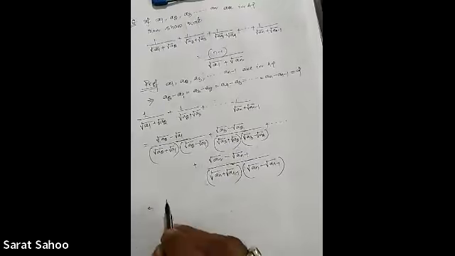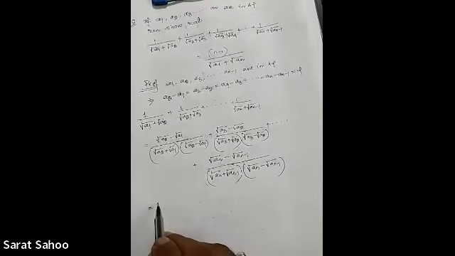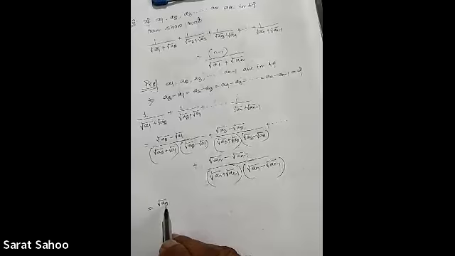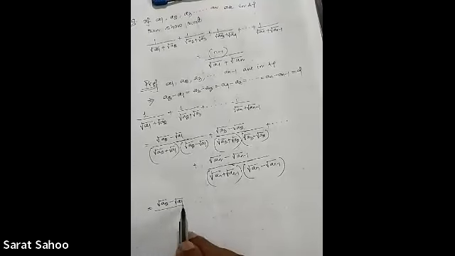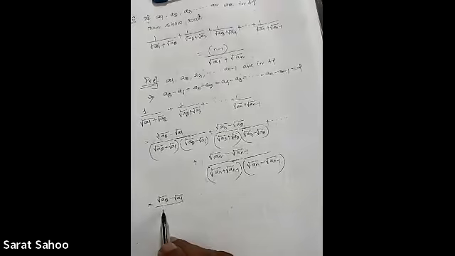Okay. This is equal to, using a plus b into a minus b as a squared minus b squared,